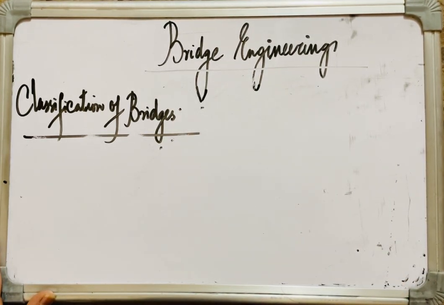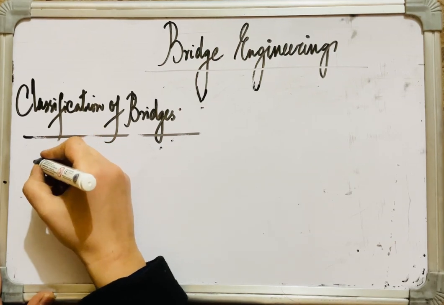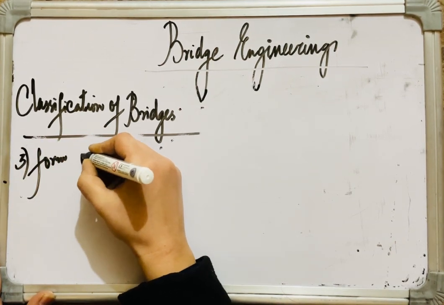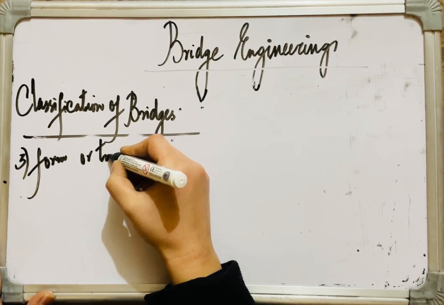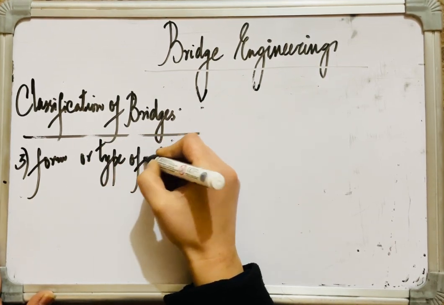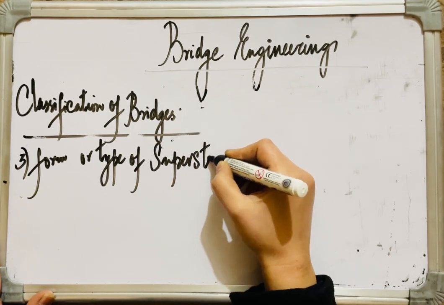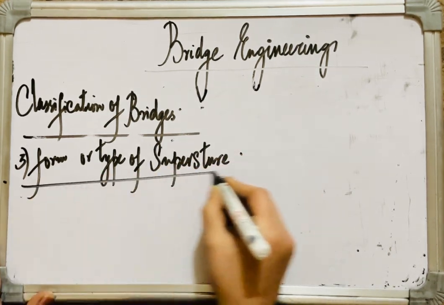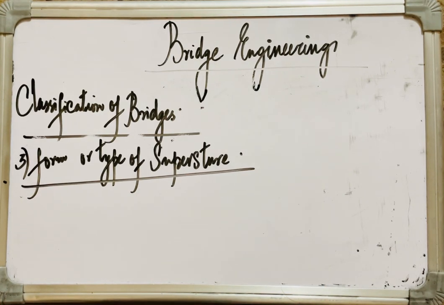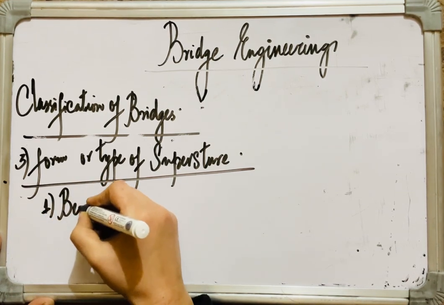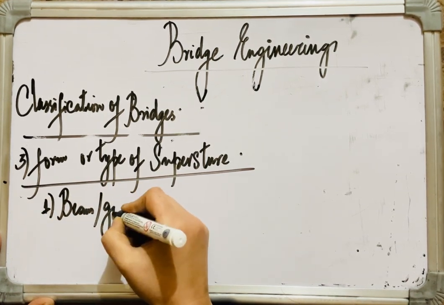All right, so the classification based on the form or type of superstructure. What form or type of superstructure are we employing? We have classification of bridges as slab bridges, beam bridges, or girder bridges, wherein